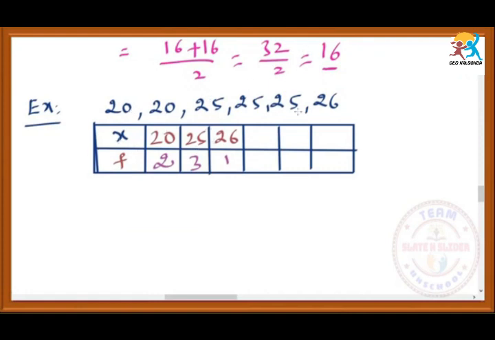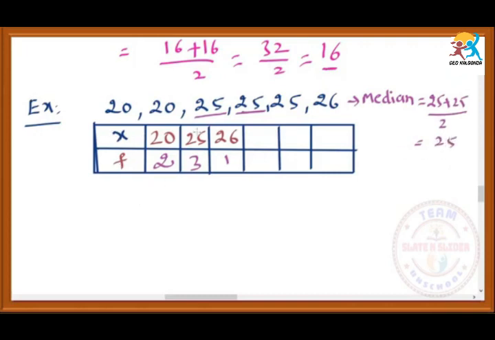So in this we have two questions. Just observe. One is where only data is given. It is not tabulated. So for this data, we will write the median. Median is equal to, by seeing itself, we can say that the number of terms is 6. So the third term and fourth term will be the median terms. You have to take the average: 25 plus 25 by 2, that is equal to 50 by 2. That is 25. Median is 25.